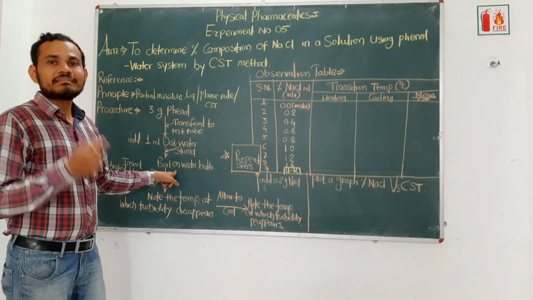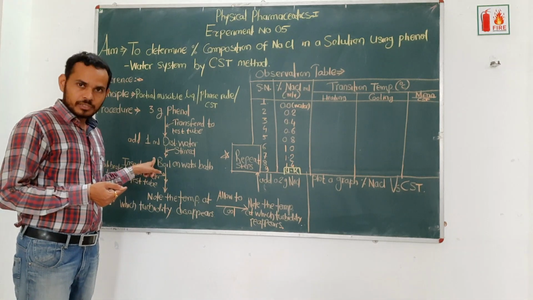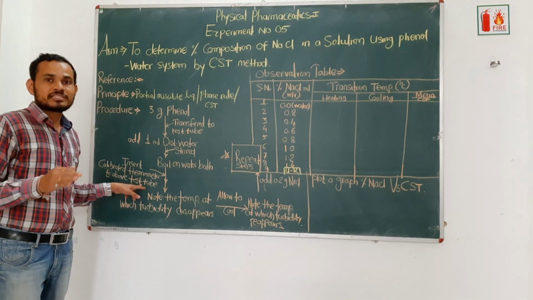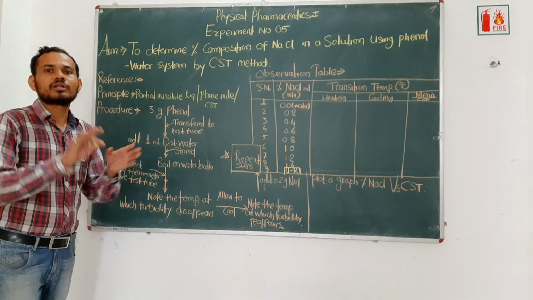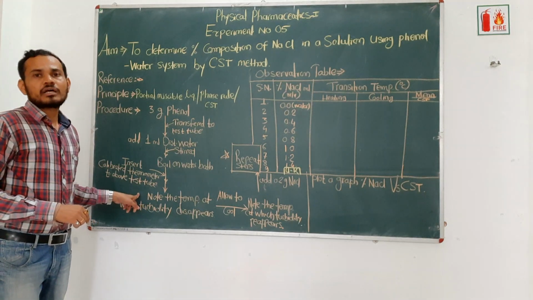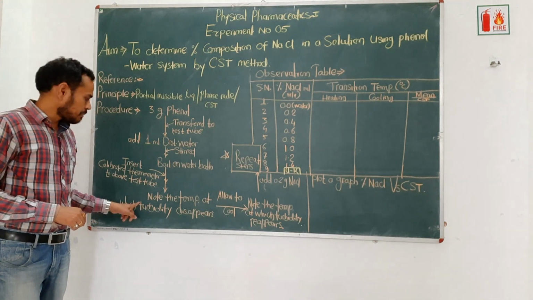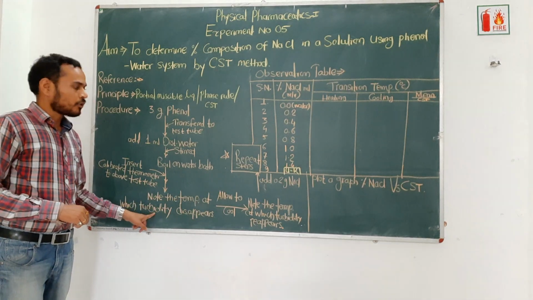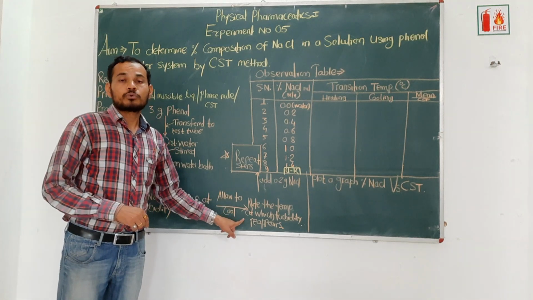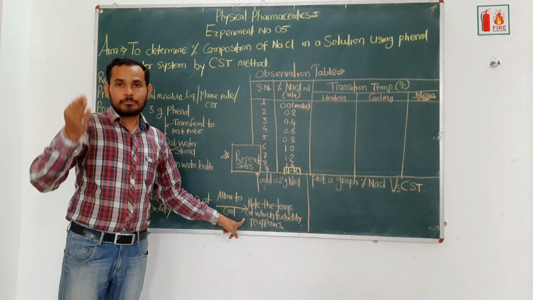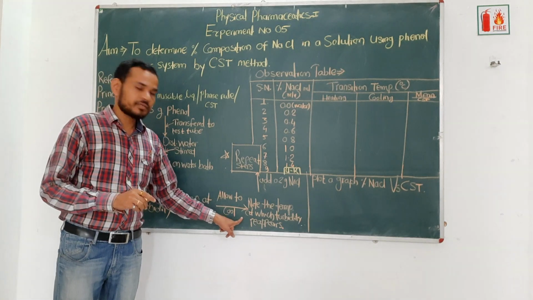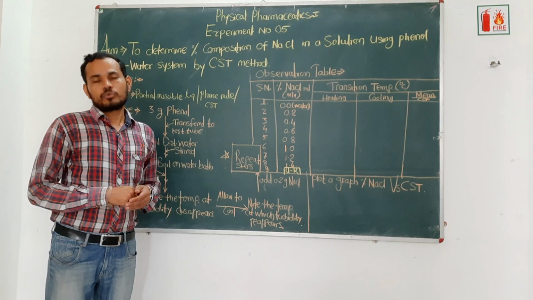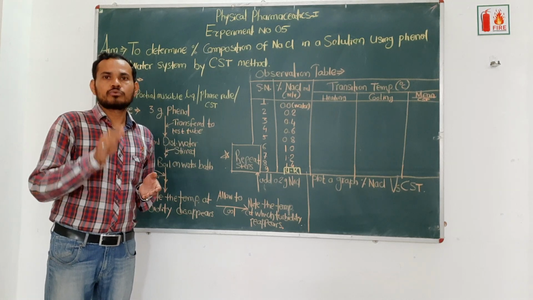We have to gradually increase the temperature of this mixture, so that both of these partially miscible liquids become completely miscible at a particular temperature, and that temperature has to be noted. It is indicated when the solution turns from turbid to clear. At that point we note the temperature, which we call the upper consolute temperature. That temperature has to be noted, and we remove the boiling test tube and allow it to cool to room temperature, or cool it down gradually.